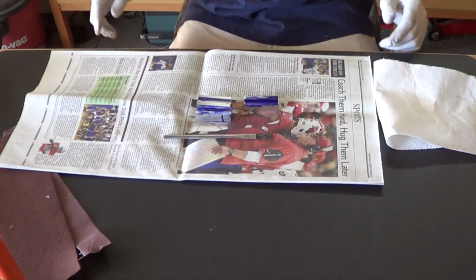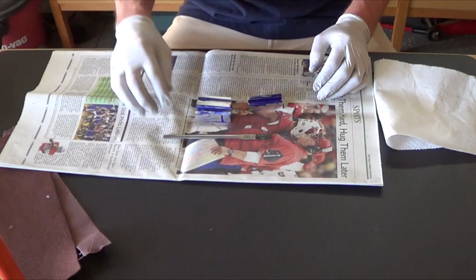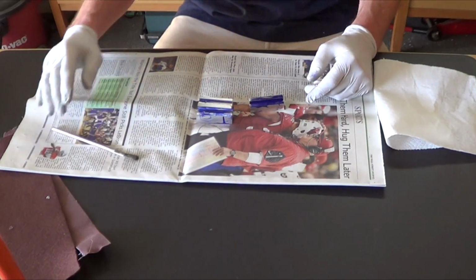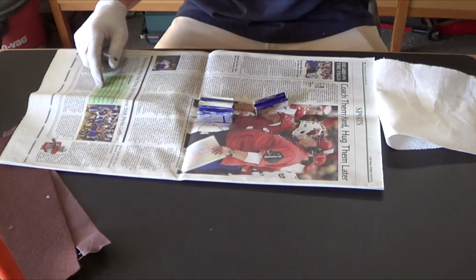Alright, I tried using a bunch of stuff here, paint thinner, lacquer thinner. Nothing is removing this. Their bottle says that they sell their own Dykem remover. But what I found that does work,